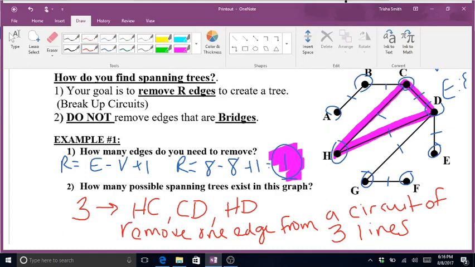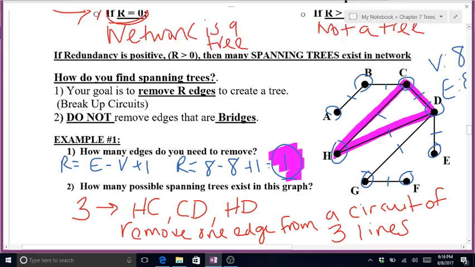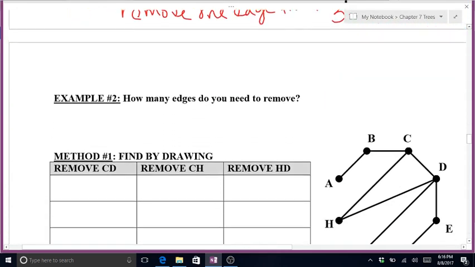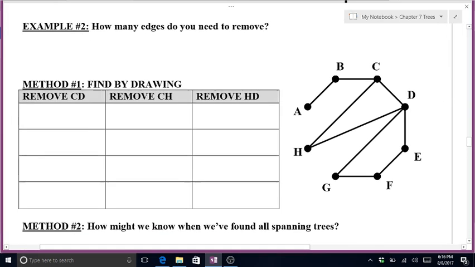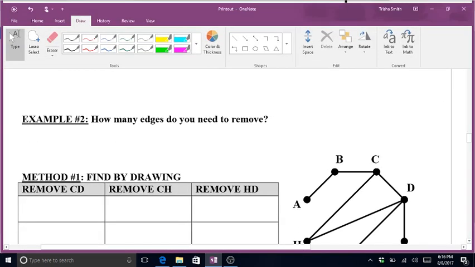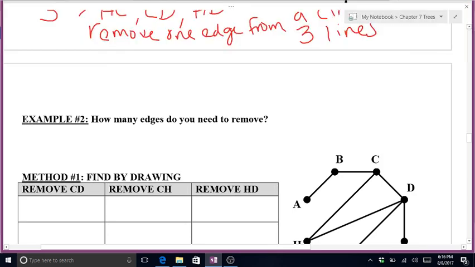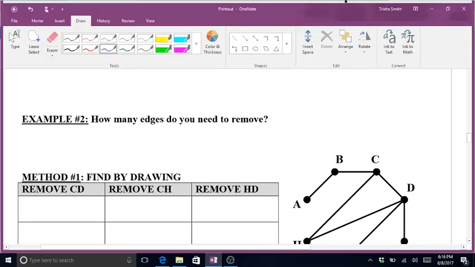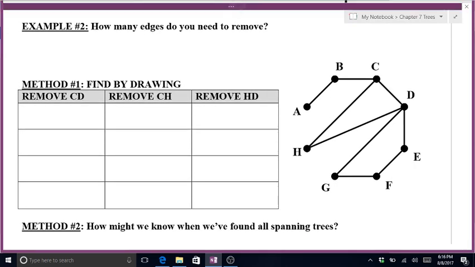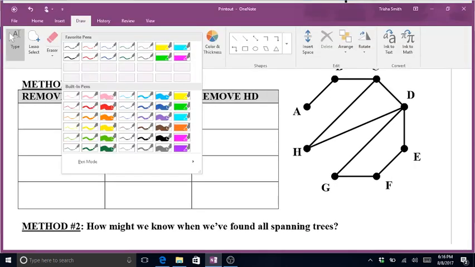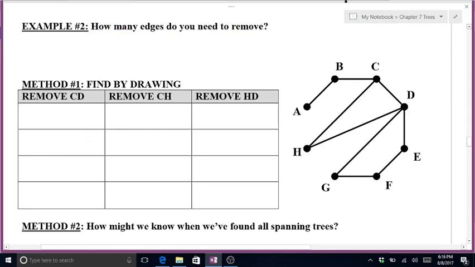So, let's take a look at our next example. How many edges do you need to remove? Again, let's use our redundancy formula. Why does it keep doing that? Okay, so